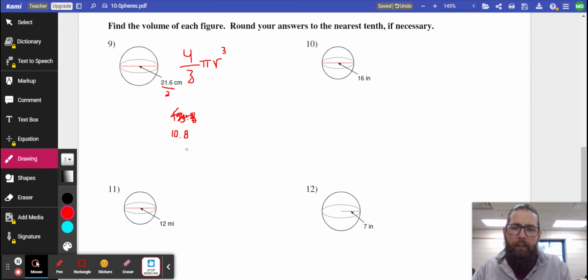Okay, so there's my radius, 10.8. I found it by taking this and cutting it in half. That's the diameter. So now all I got to do is take this 10.8 and plug it into r. So the volume will be 4 divided by 3 times pi times 10.8